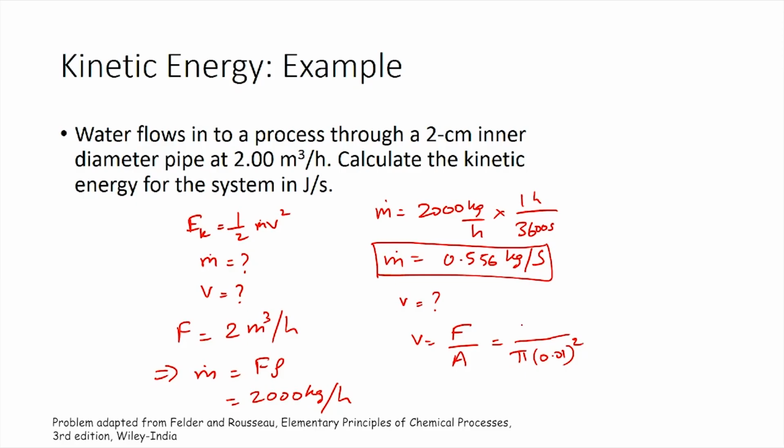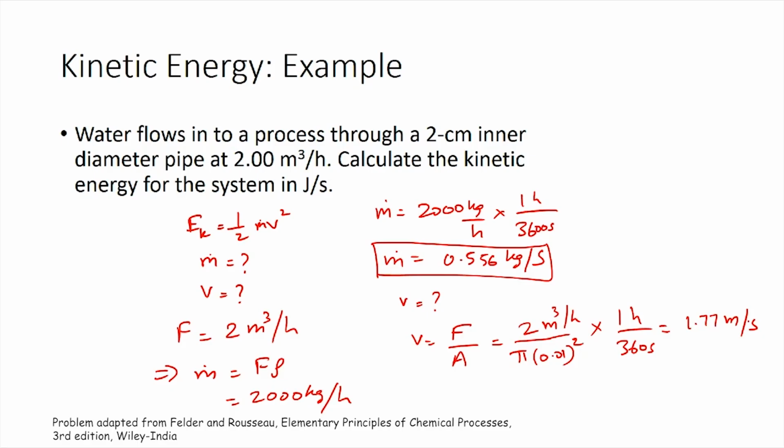Volumetric flow rate is 2 meter cube per hour. So, from here we can get the value for velocity in terms of meters per hour. We still need to convert it to meters per second. So, we will convert that as 1 hour divided by 3600 seconds, giving us a velocity of 1.77 meters per